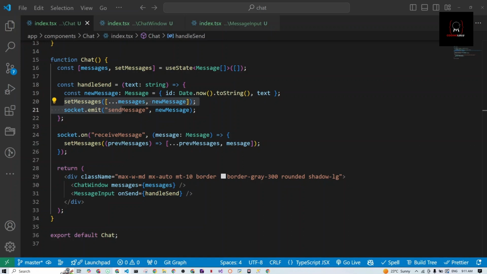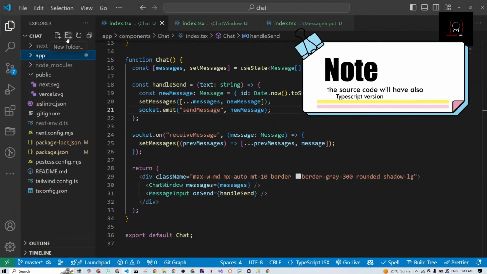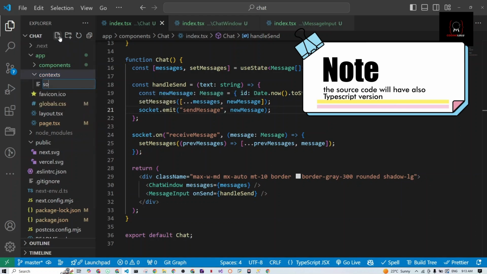Okay, so we will add a socket provider to handle all the socket logic for us, and we will use the context API to manage the state and communication between these components. Let's create our socket context. So I'll go inside app, I'll create a new folder called context, and then I'll create a new file which is socket